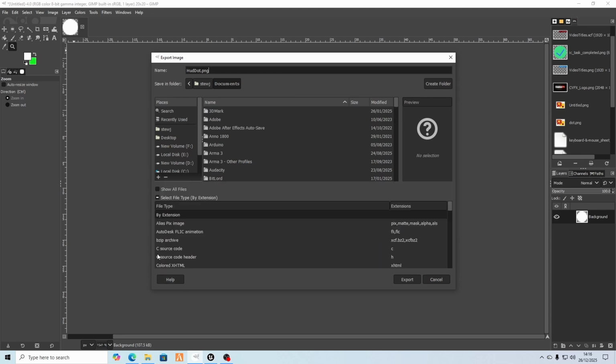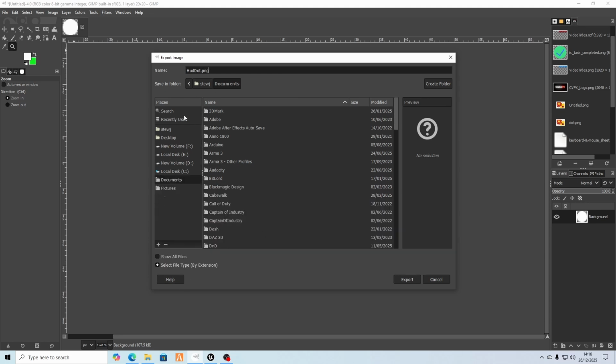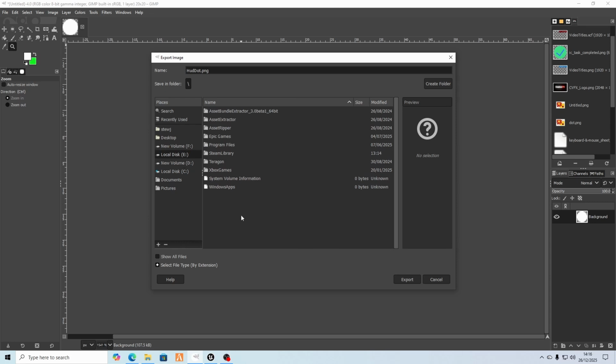Otherwise you'd have to go through all this and change it, but we're going with select file type by extension. So HUD.png, whatever you want to call it, make sure it's .png. Choose to save it somewhere. I'm going to save it to my E drive straight into the root here, and if I click export,